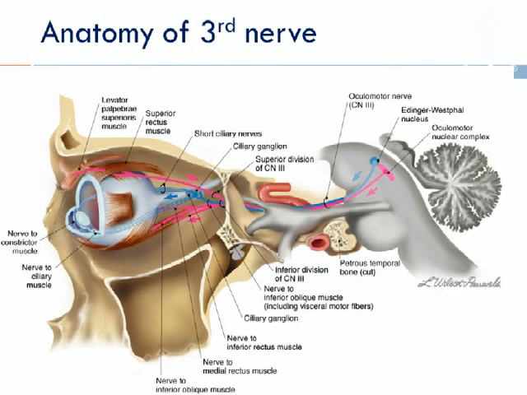When it is in the subarachnoid space, this is the most vulnerable area because you have the aneurysms, ICA aneurysms or supraclinoid aneurysms which can compress on the arteries and which have a propensity for subarachnoid hemorrhage, or you can have space occupying lesions. Next, within the cavernous sinus, you have the other associated cranial nerves also involved.